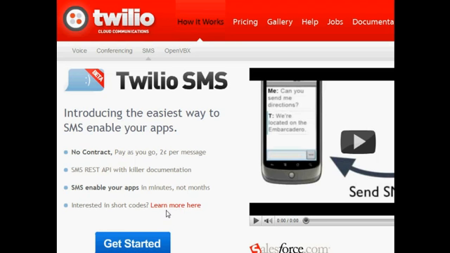You own that entire phone number, so you're not sharing that with anyone else. So if you are a pizza shop and you want people to be able to text the word pizza to your number in order to get a coupon, you can do that. Well, if you sign up at another